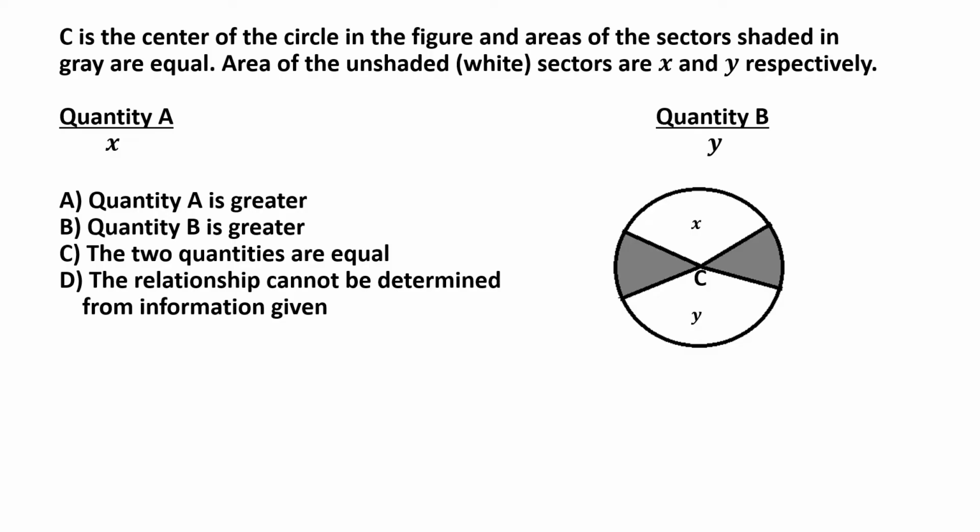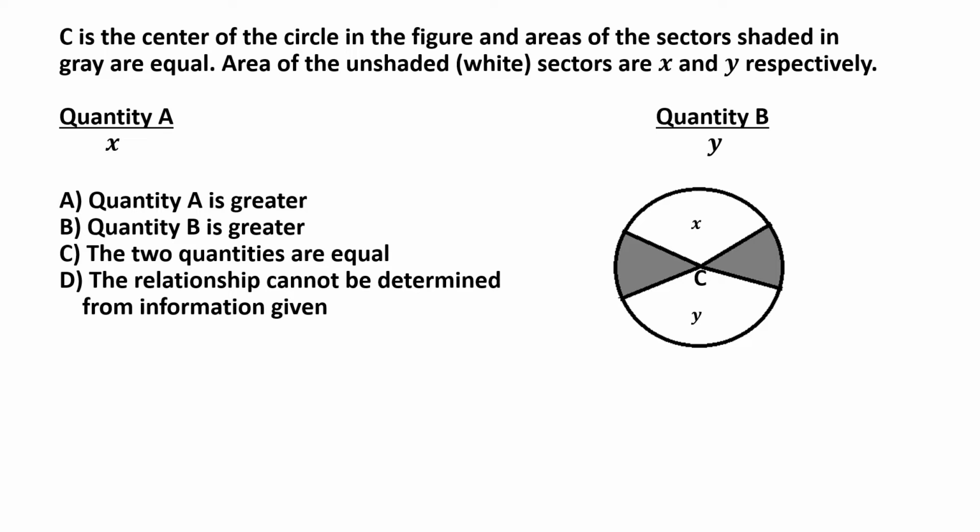C is the center of the circle in the figure, and the areas of the sectors shaded in gray are equal. We have to compare the areas of the unshaded sectors, the ones in white, whose areas are x and y respectively. So we have to compare x and y, and this is a quantitative comparison question